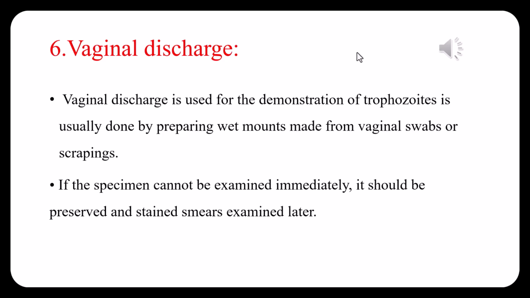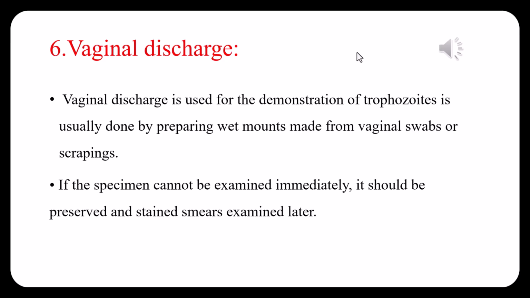Another sample we have is vaginal discharge. Vaginal discharge is used for demonstration of the trophozoite, usually done by wet mount preparation from the vaginal swab or scrubbing. This test is routinely done to detect Trichomonas vaginalis. When the vaginal swab comes to the laboratory, we make the examination by wet mount preparation, adding a small drop of normal saline or distilled water on the slide, and then we examine it under the microscope. In that case, we are looking to see whether the patient has Trichomonas vaginalis or not, and